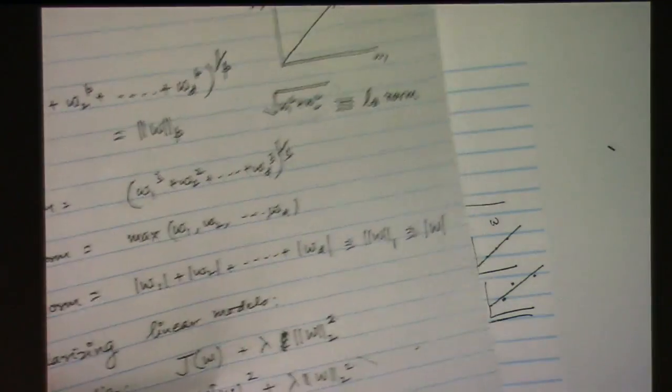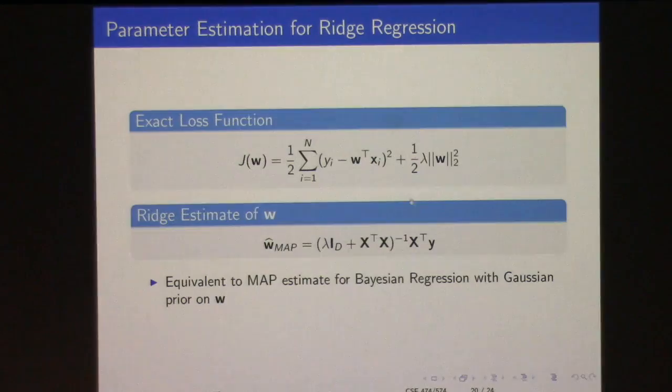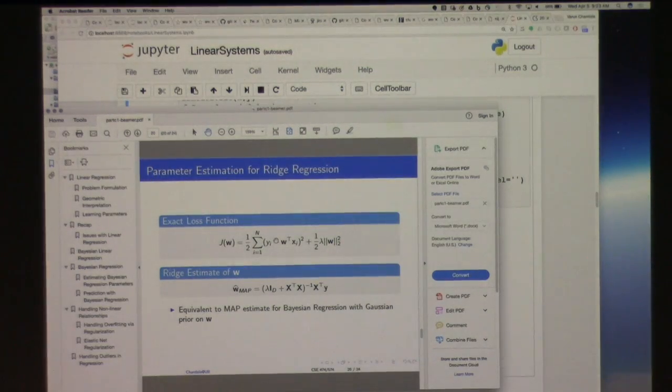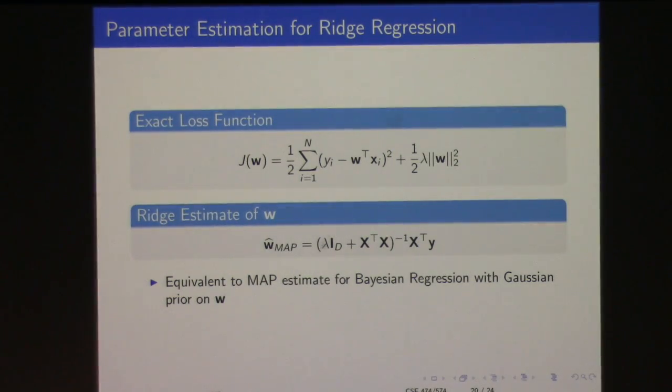All right. So we did ridge regression. All right, perfect. So ridge regression is nice. We like it. It's also known as Tikhonov regression because it was proposed by Tikhonov, I guess. So this is the solution, right? I'm sorry, just give me a second. Well, this is just a ridge estimate, not MAP. This is this plus X transpose y. This is exactly what I